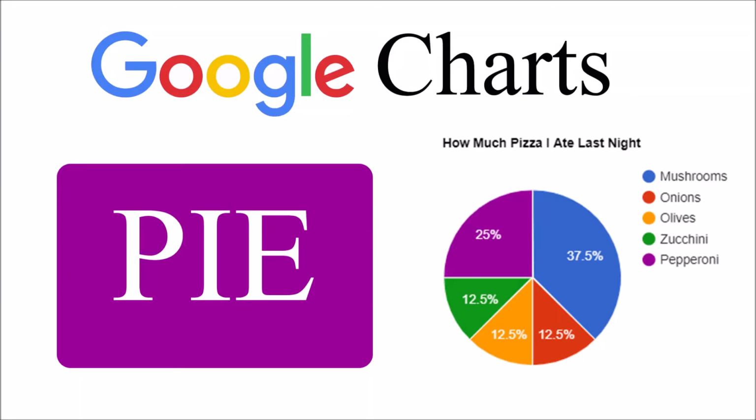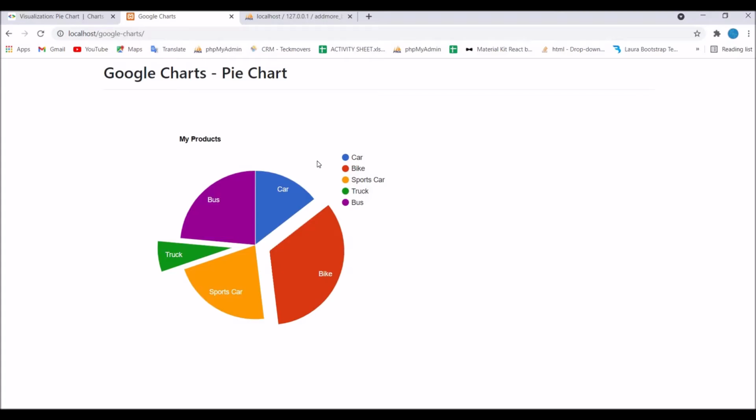So I'll be continuing with the video of configurations of pie chart. In my previous video I have shown you how you can create a 3D pie chart and how to add slicing to it. So I'll be continuing from there only. If you want to have a 3D pie chart, just go and watch my previous video. I'll also be providing the link in the description so you can watch from there as well.